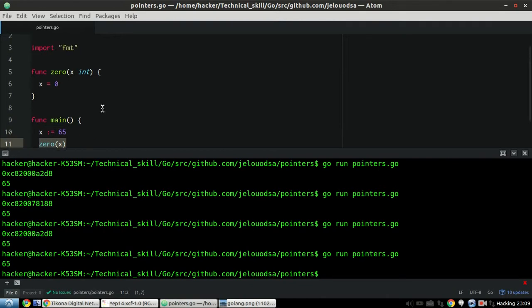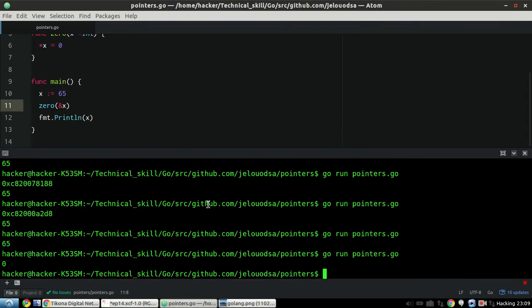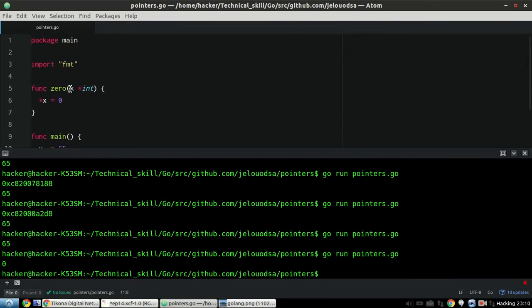So what if we pass the reference, what if we pass the memory address, and we can change it like this. We print again, and it gives 0. What essentially happened here was we passed the address location of the variable. In fact, we passed the pointer to x, and what did it do was this star. Okay, what if we remove this star?